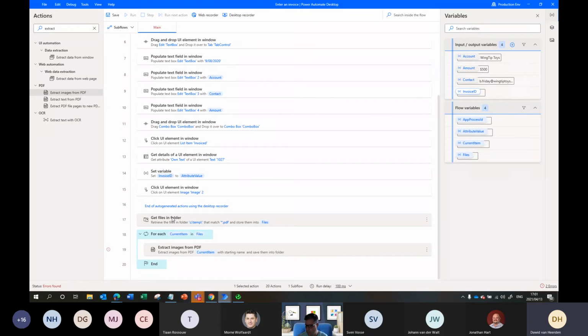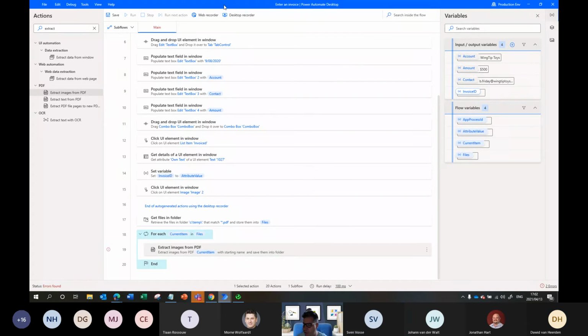Because I interacted with the browser elements, you need to use the web recorder. The desktop recorder doesn't necessarily have access to those tags and the actual element names. You could probably get it to launch the browser as a normal application, since you can launch any application through the desktop actions as well. But because it's a web browser, the way you interact with the data or the elements is a little bit different. So if you use a desktop recorder, you can probably launch a browser, but it won't be as accurate. Got you. Okay, thank you for that.